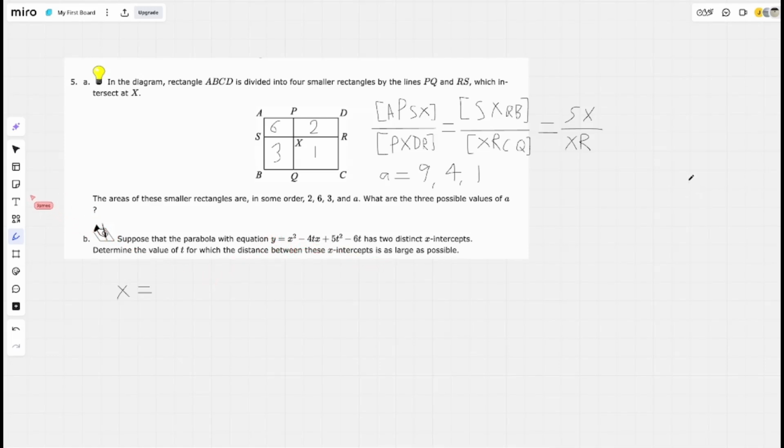So it should be 0 equals, okay. So applying the quadratic formula, you have 4t as the coefficient of x here, so that's b. X equals 4t, and then plus or minus